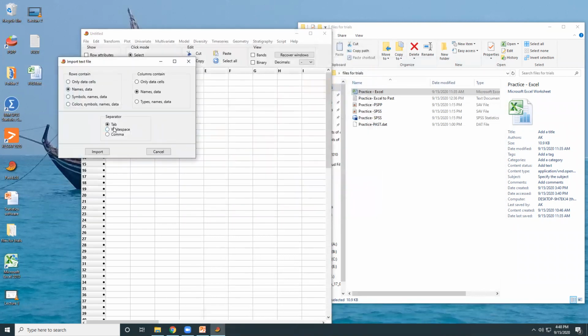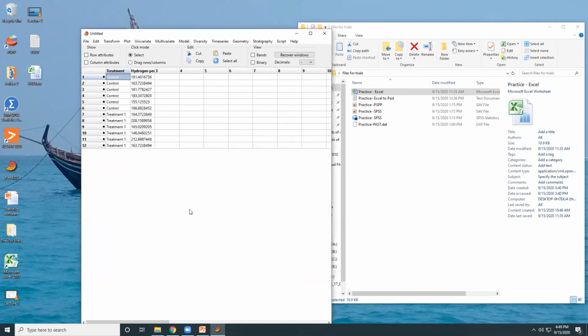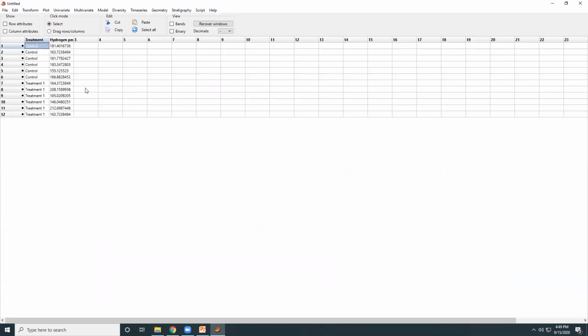Try to open. Once you are importing, it will ask you for information about the rows and the columns. So only data cells are there, names and data in the column contents, right? Then you can see that once you do the tab delimited formatting from Excel, your data are separated by tabs, so you can import. And now you see that the similar data has been imported directly from your Excel into the Past software, right?